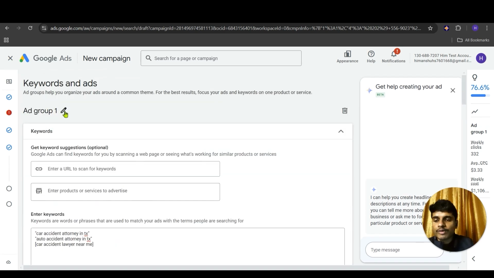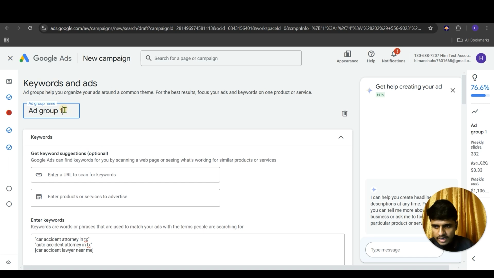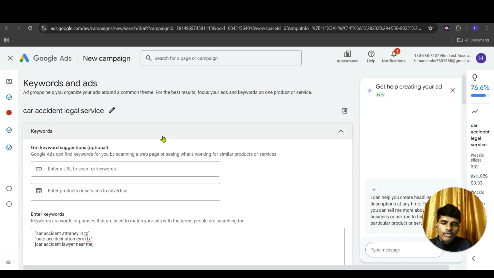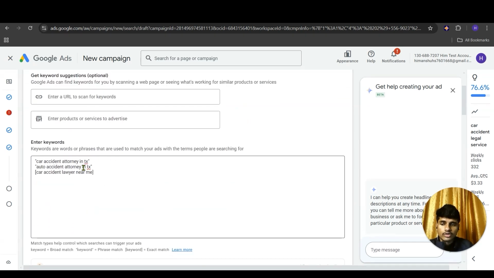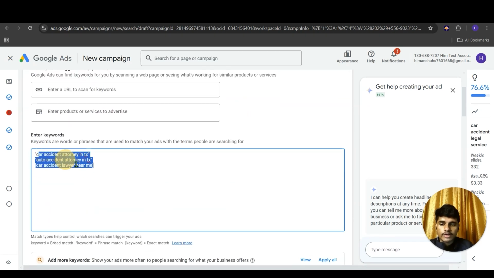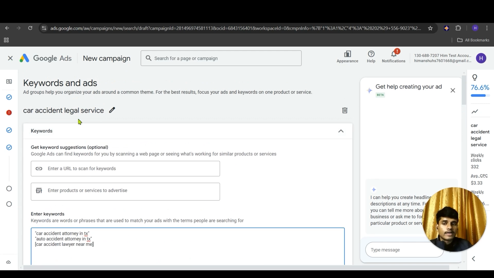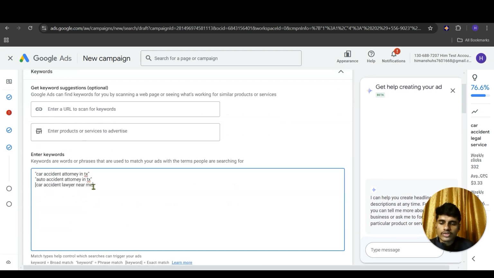so I missed a really important point: ad groups. See, the tree is like campaign first, then ad group under the campaign. In a campaign, there can be multiple ad groups. So for us right now, the ad group name is, let's just put, car accident legal service. For this ad group, we are providing car accident attorney services, car accident legal services, right? So we are using the car accident